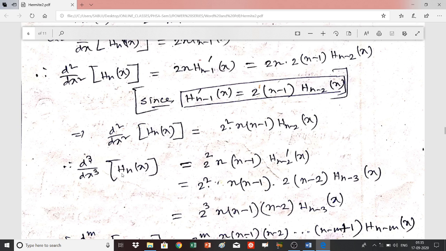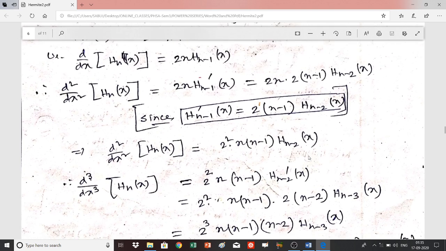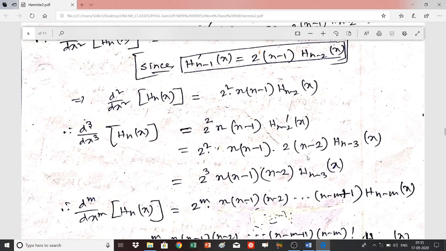by dx³ of Hn(x), that is equal to 2² is here, n is here, n minus 1 is there also here, and Hn minus 2 prime (x). Now this can be written as 2², and this is after the second time differentiation. So this is equal to 2² n(n minus 1), 2(n minus 2) Hn minus 3(x), and that will give you